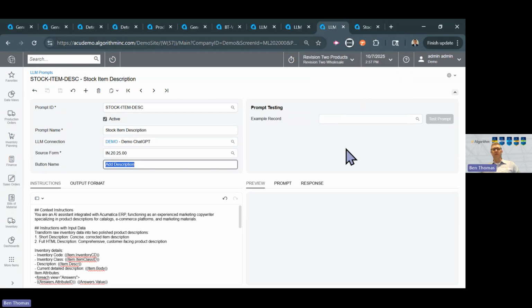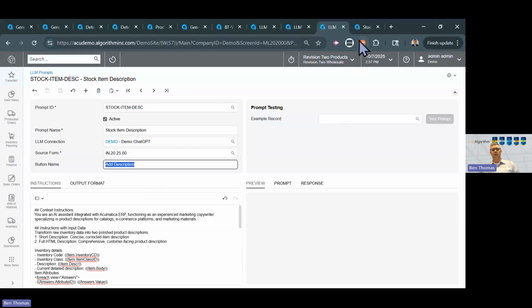Then the next thing you do, there's an LLM prompt screen. And this is where you set up the instructions for input and output to do the task for you. Now, it looks kind of complicated, and maybe it is a little bit for some users, but the thing to take away here is that most of it is plain English, just like you're used to already if you're using ChatGPT for other things. So you get that set up, and you'll notice here I added a button called Add Description,